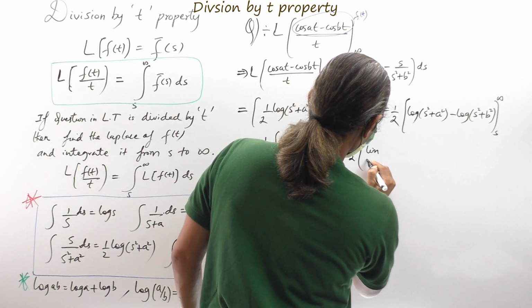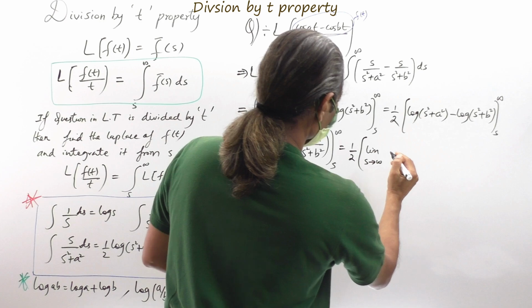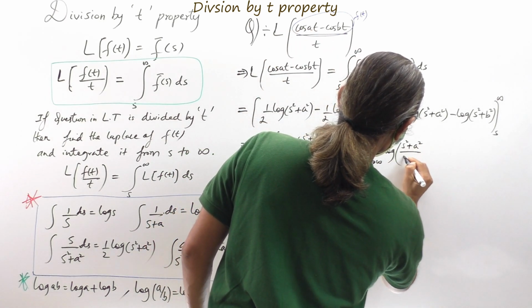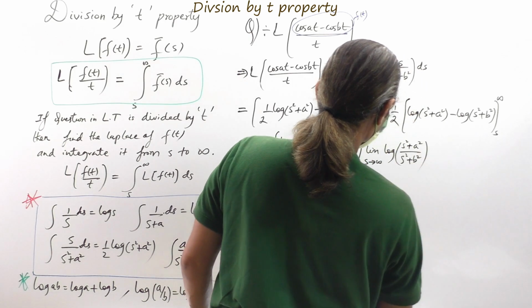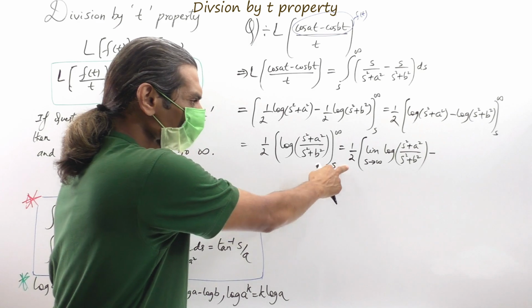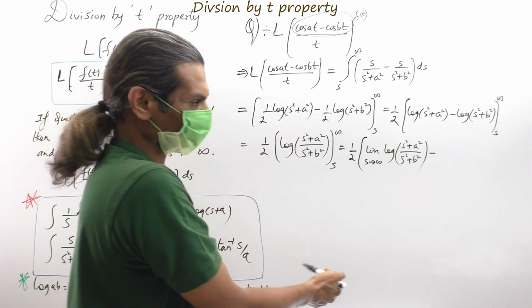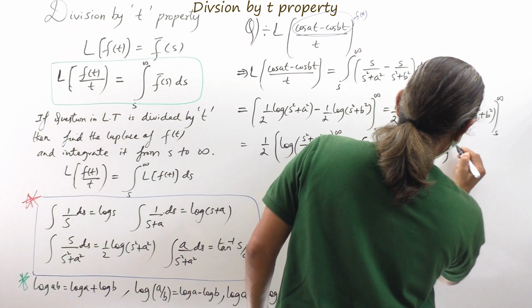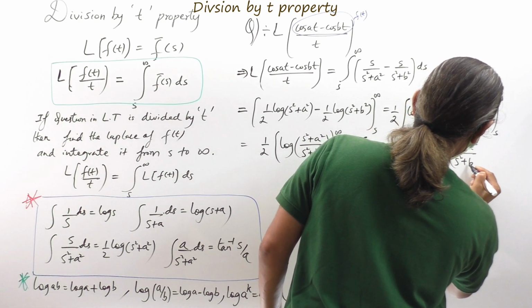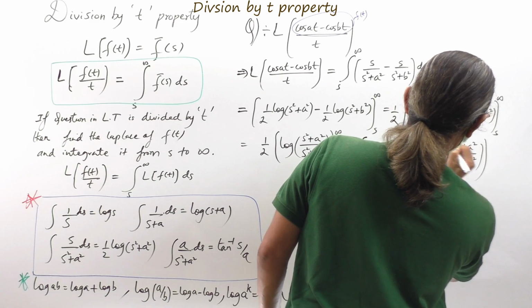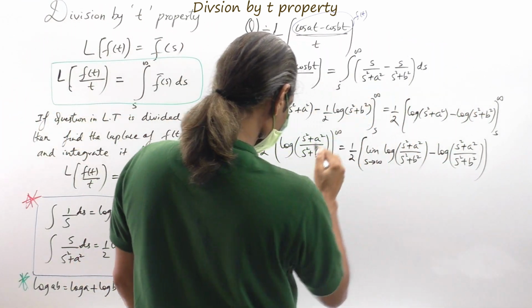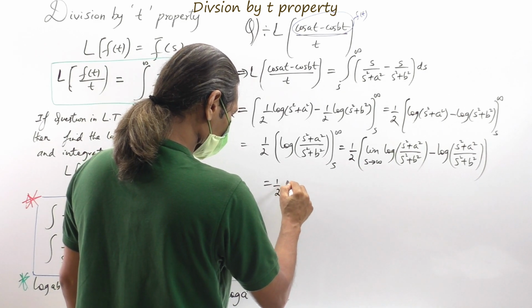limit as s tends to infinity log of s square plus a square by s square plus b square, minus, where I put the limit and bottom limit is s. So, it will be as it is. So, minus log of s square plus a square by s square plus b square. Okay. Now, let us apply the limit here. To apply the limit, you have to rewrite it. So, this will be again 1 by 2